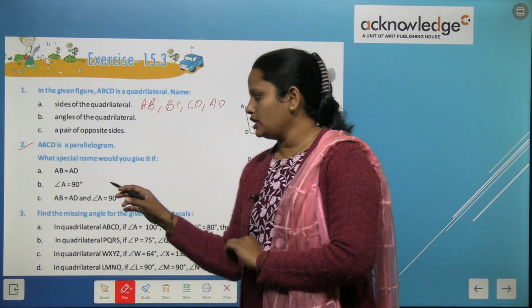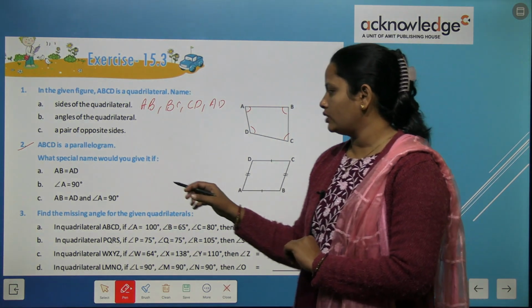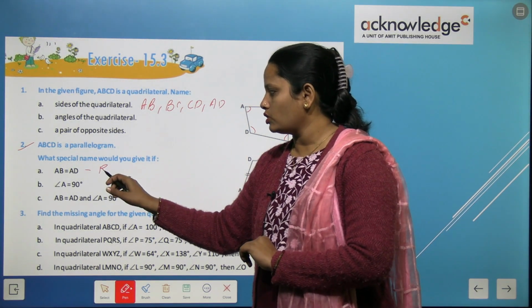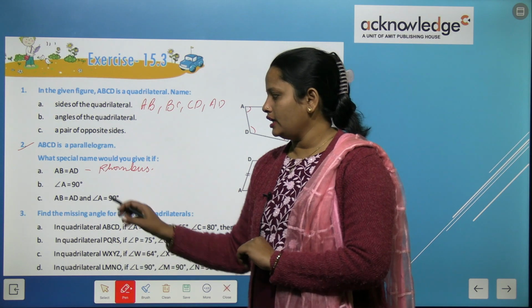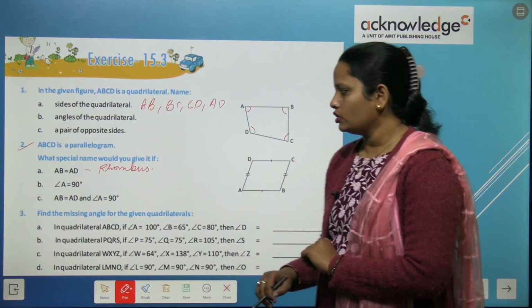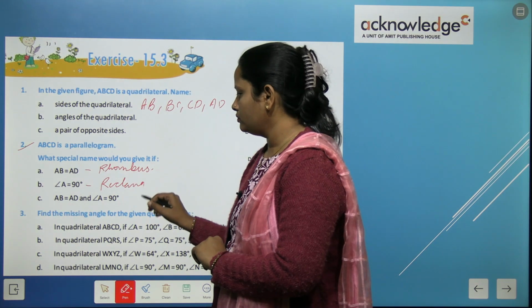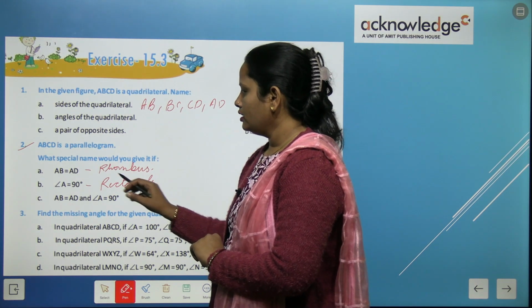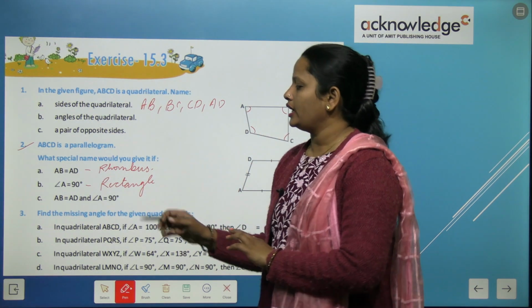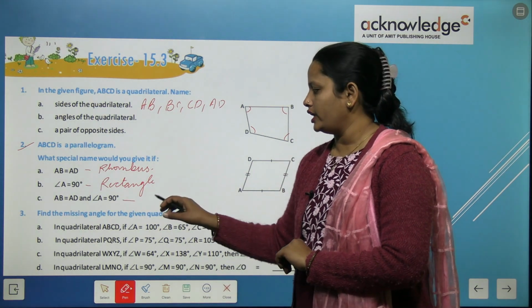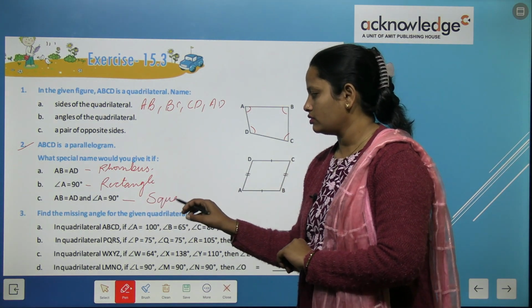So you can see, अगर AB और AD जो है एक दूसरे के इक्वल है तो ये रोम्बस होगा। अगर angle A 90 डिग्री है तो ये एक रेक्टेंगल होगा। और अगर AB और AD भी इक्वल हैं और एंगल 90 डिग्री है तो ये एक स्क्वायर होगा।